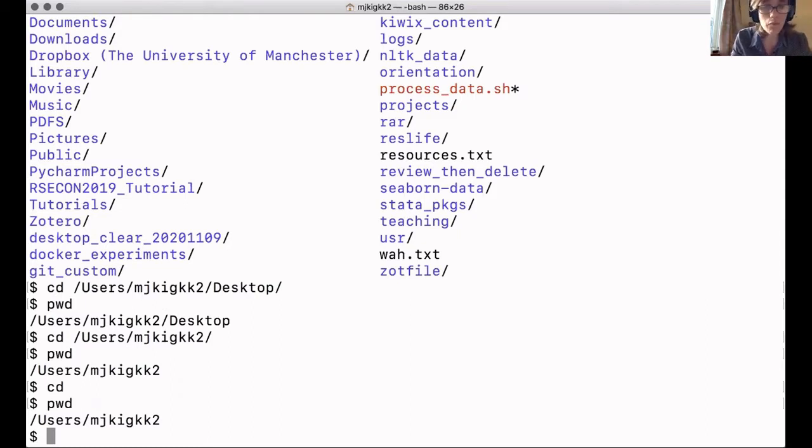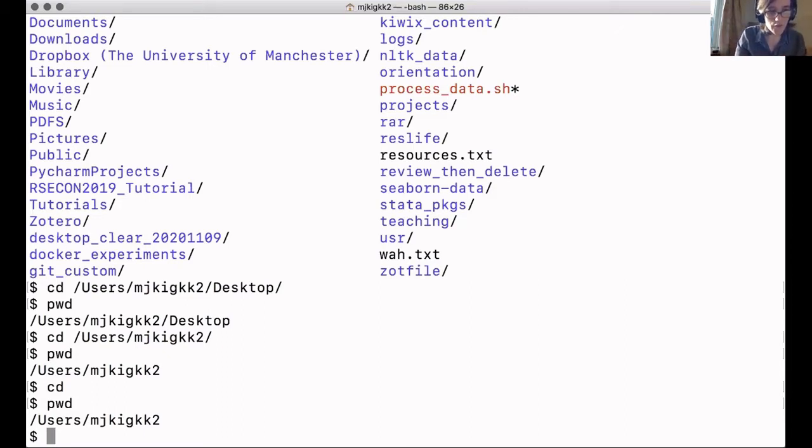So it might be your name, it might be your university username. And in the last step that we did, we used cd users mjk igkk2 to go back to my home directory. But there's a useful symbol that we ought to touch upon before we move on, and that's the tilde